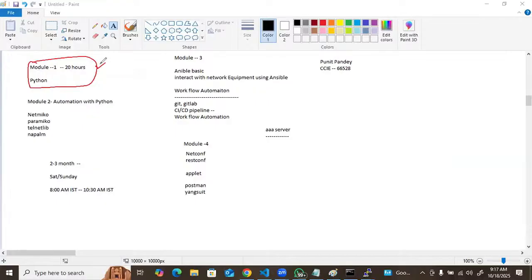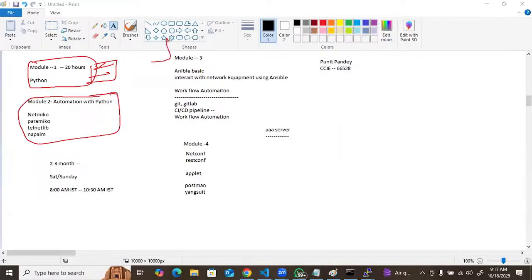When I learned the C language, the first program was to perform the sum of two numbers. I was thinking, why am I learning this? For this we already have a calculator to perform the sum of two numbers. Why am I learning this, right? Similarly, for the first 10 to 20 hours, guys, you have to keep your patience. You need to learn Python. That is basically going to help you.